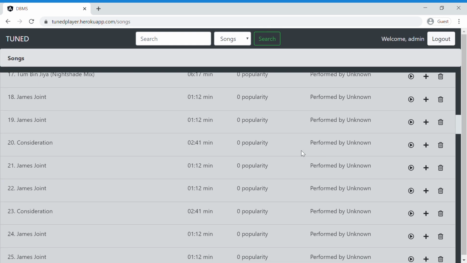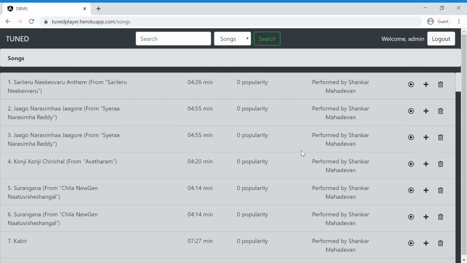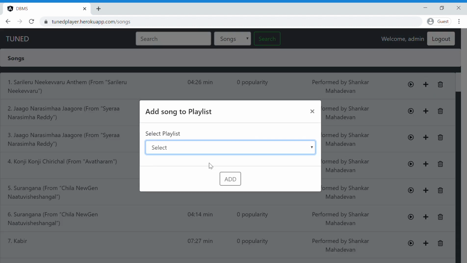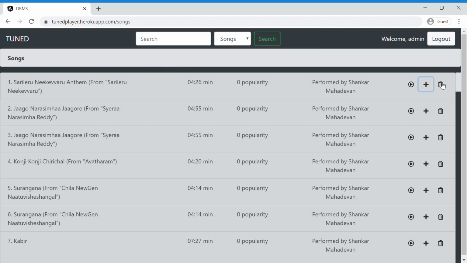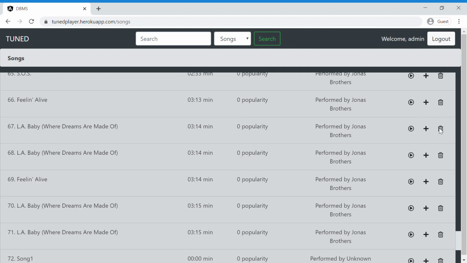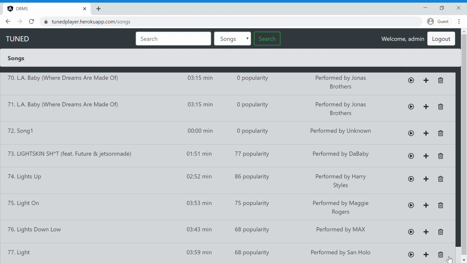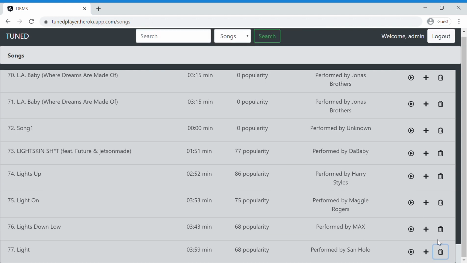This is all the songs available in the application. So the admin can play the song, can add the song to a new playlist, and admin can delete a song. So if I go here, I'll see this song. I'll delete the song here. Now if I come, sorry,